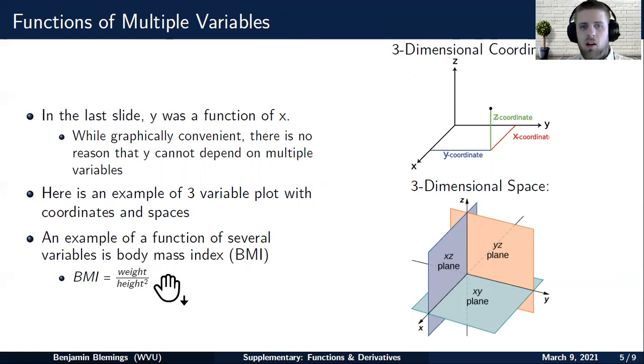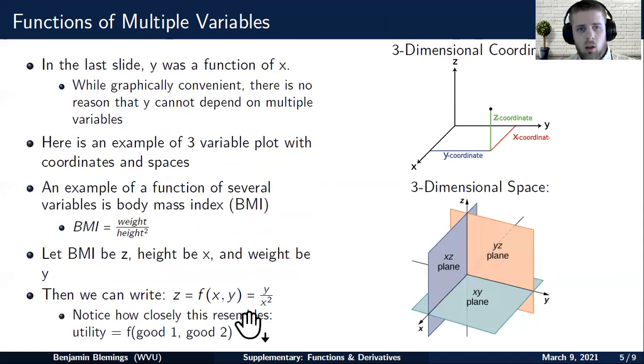So now we have 3 variables, where the z, your BMI, depends on both your weight and your height. If BMI is z, height is x, and weight is y, then we can write your BMI z as some function of x and y, and we know that the BMI formula is weight over height squared. This is really close to utility, for example, depending on both your consumption of good 1 and good 2. That's why I wanted to start here, so we could see the